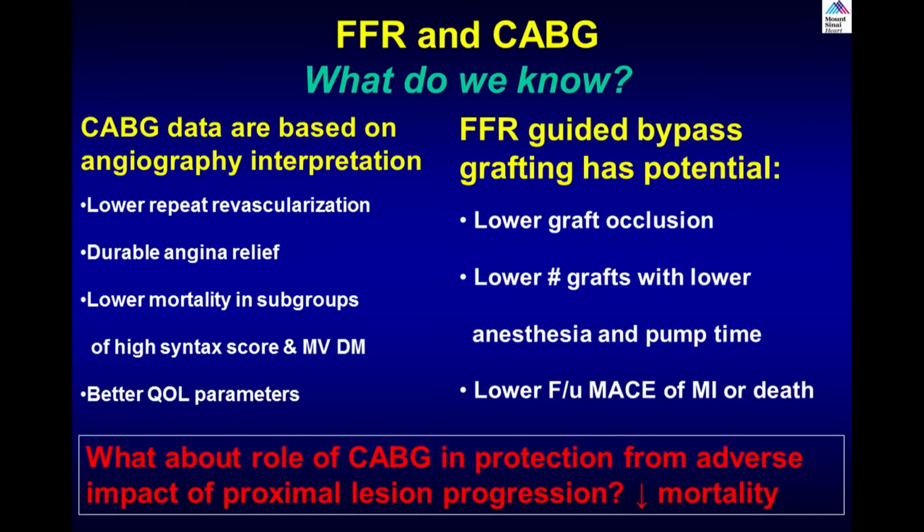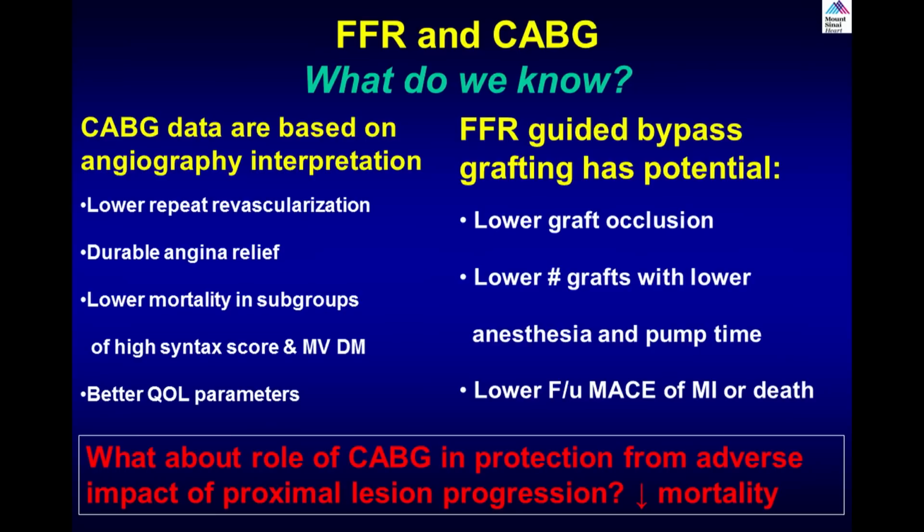Yeah. So what about the role of CABG in protection from adverse impact of proximal lesion progression, which leads to decreased mortality? Because there is a hypothesis that why there is a difference in mortality in PCI versus CABG is kind of suggested that maybe by putting a graft into the mid vessel, the bad effect or adverse effect of the proximal vessel occlusion is